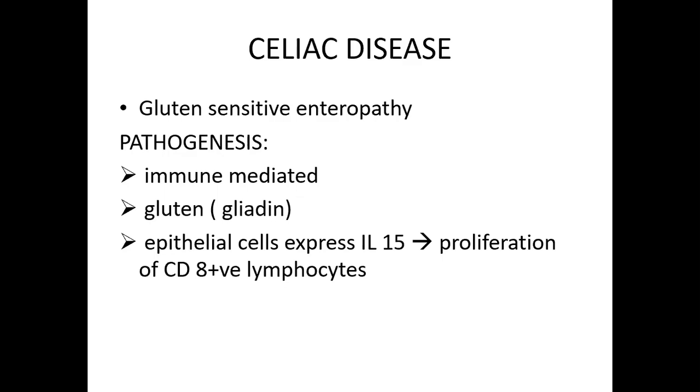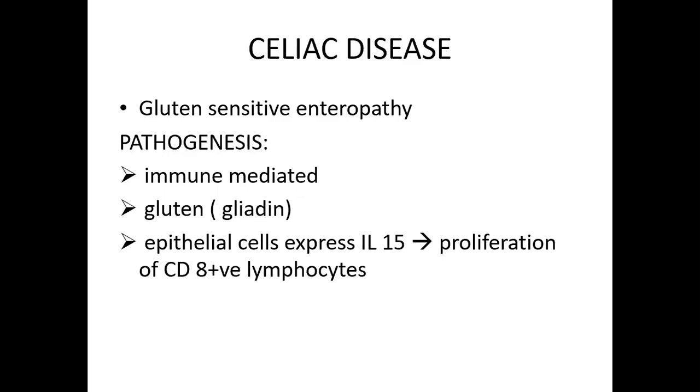Gluten is digested by luminal and brush border enzymes into amino acids and peptides. And one peptide, the gliadin peptide, is resistant to degradation by gastric proteases. Gliadin is deamidated by tissue transglutaminase, and it interacts with